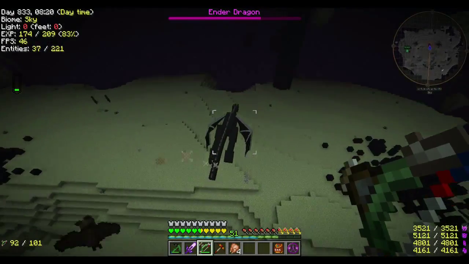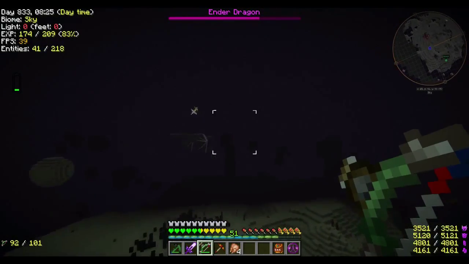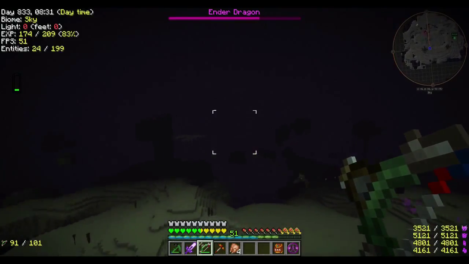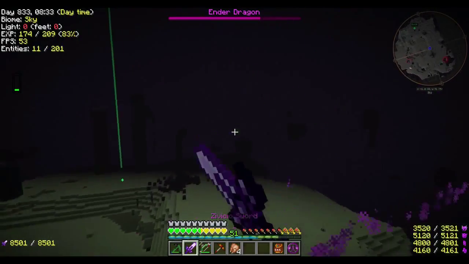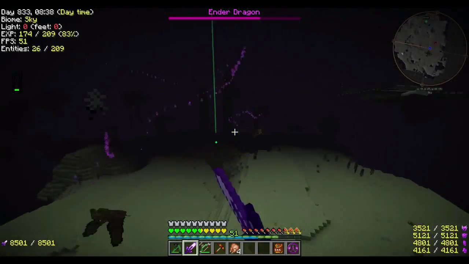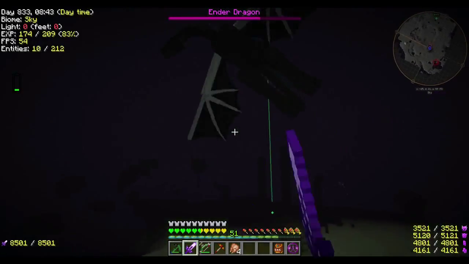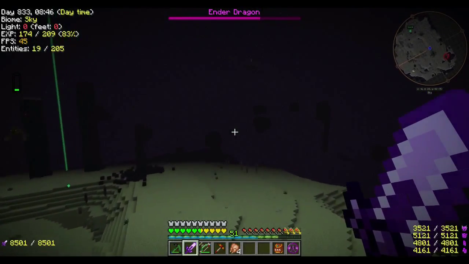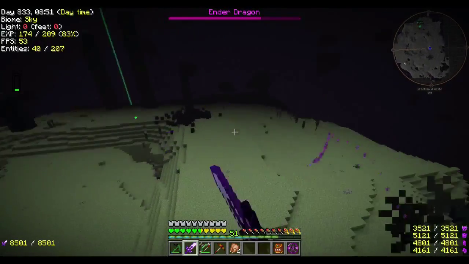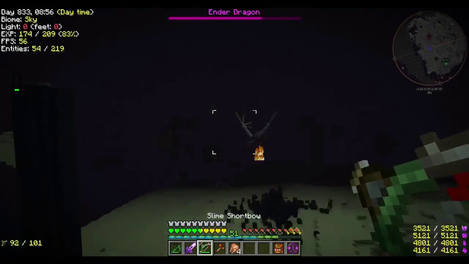Oh, now you're summoning bats on me. Very nice. They get your bats. That's just so you can sneak up behind me, is it? I just can't seem to hit him with the sword. Can't get close enough. These bats go away. Not doing much to me, but